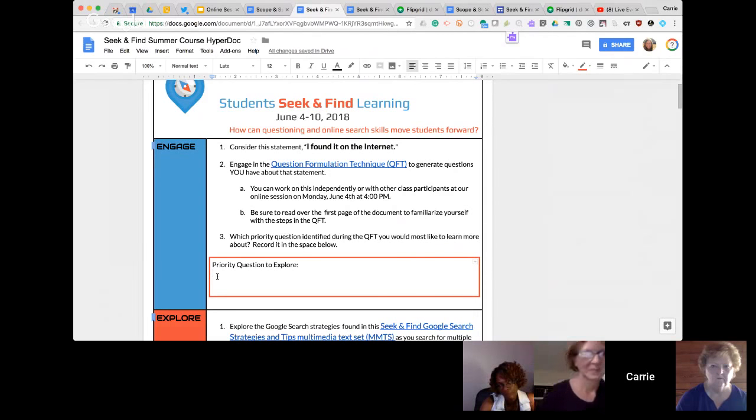So which priority question identified during the QFT would you most like to learn more about, and then record it in the space below. I'm going to give you a minute to do that, and then we're going to pause and take any questions, hopefully, that we have coming through before we move on and briefly look at the Explore and Extend sections. So I'm going to stop screen sharing for a minute and see what we've got going on